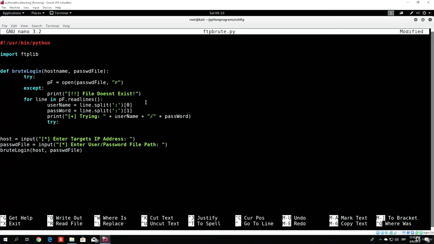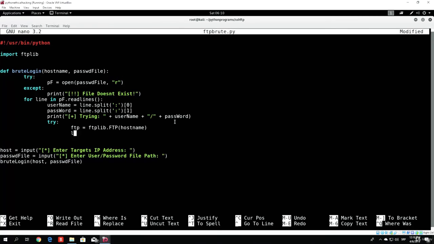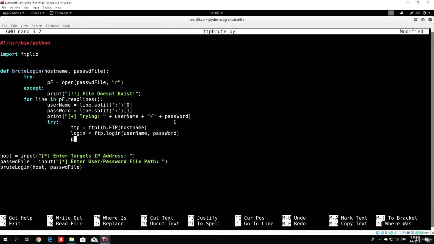So try to log in. We will set the FTP variable to ftplib.FTP from our host name, which is the host IP address, so host name. And right now our login variable will actually perform the login itself. So FTP login on the username and password. So we close the brackets right here. And in case this works, we want to print that we found the password. So print,